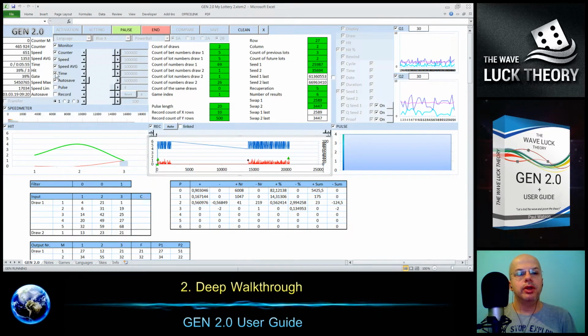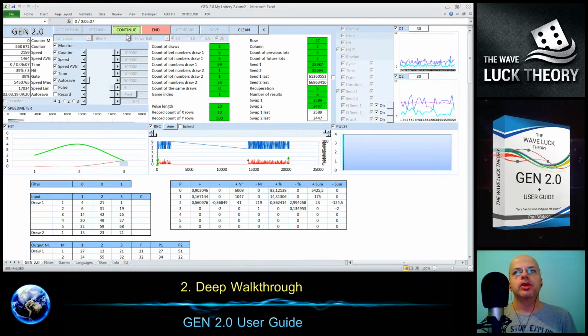Then here we have the time, represented first in days, then hours, minutes and seconds. Now it's running 6 minutes and 7 seconds. We can pause the gene and the time will stop as well.